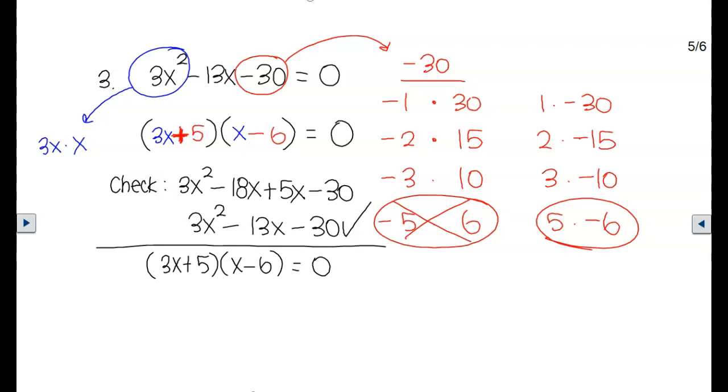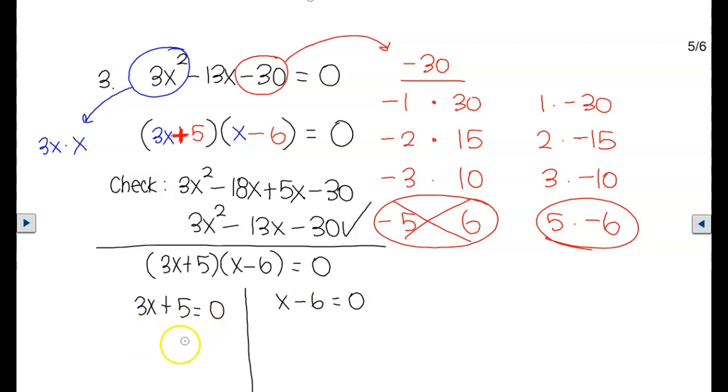Now it's time for step 3. We're going to set each of the factors equal to 0 and solve for x. First factor is 3x plus 5, so we're going to set 3x plus 5 equal to 0. Second factor is x minus 6. We're going to set x minus 6 equal to 0, and then we're going to solve each of these equations